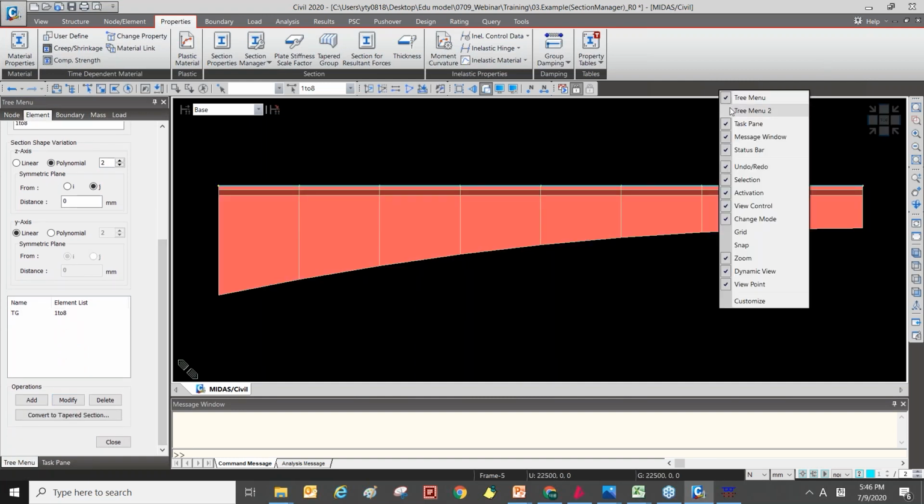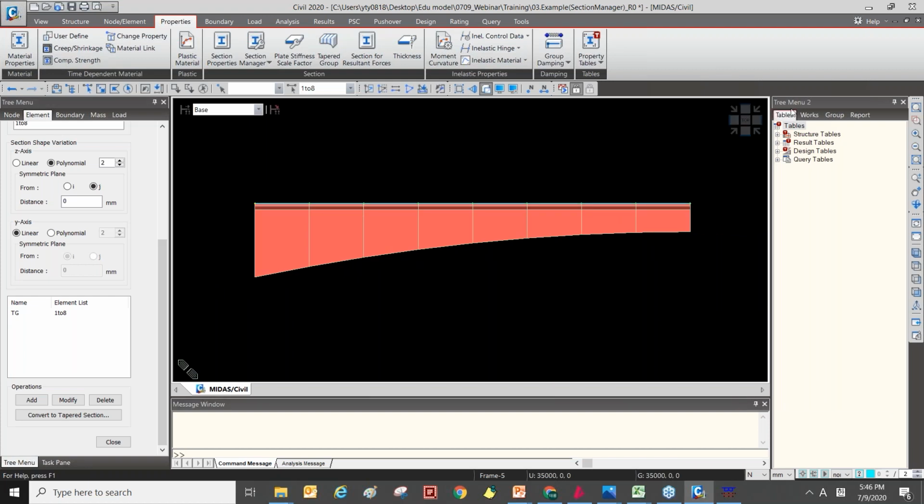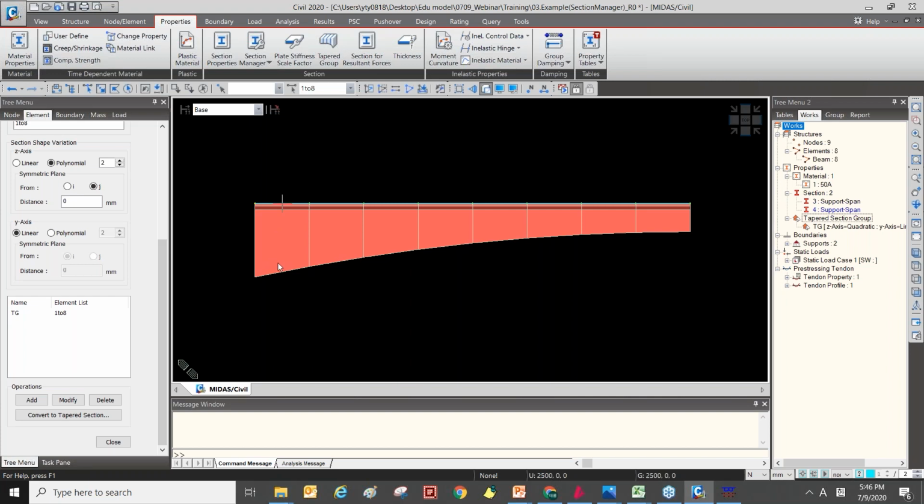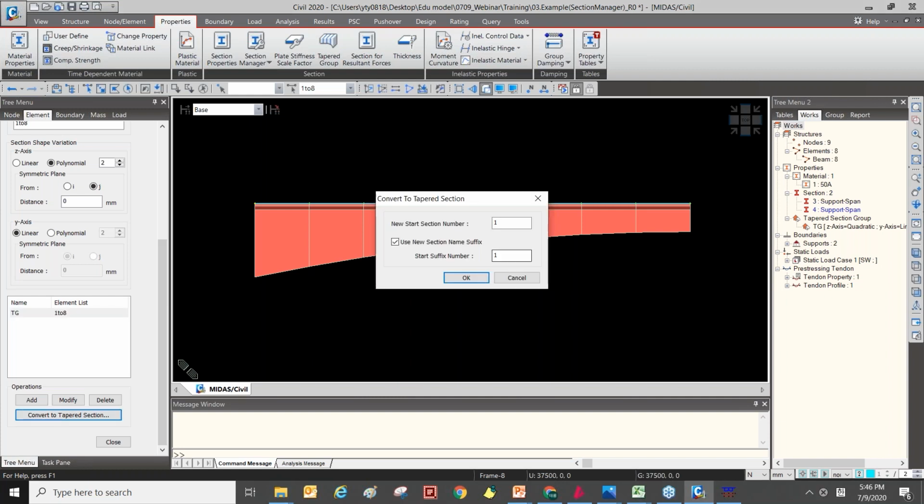So after creating this section, you can find the tapered section group in the work tree, and the software can also import the individual section to section. That option is compare to tapered section. So select the tapered group and compare to tapered section.